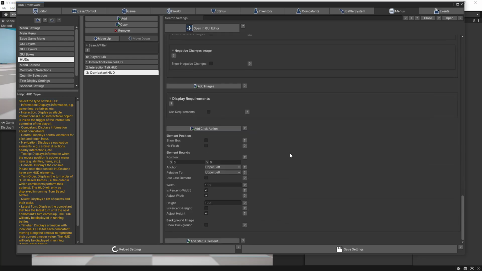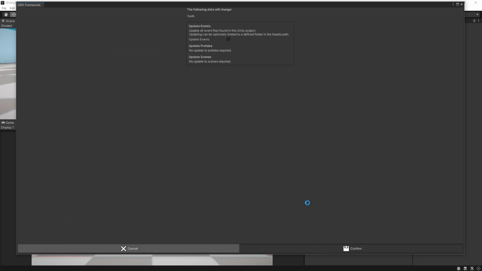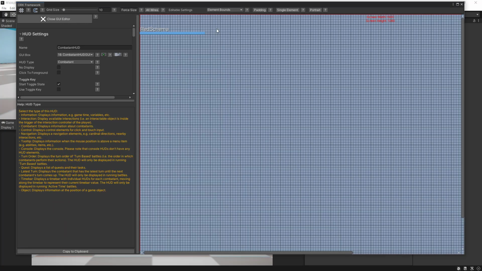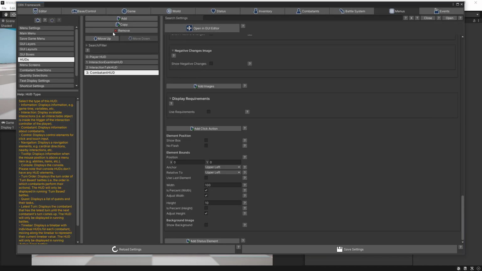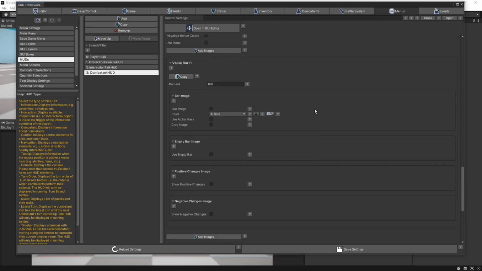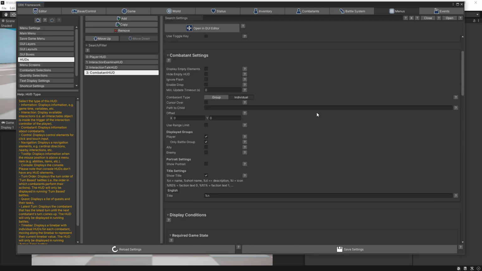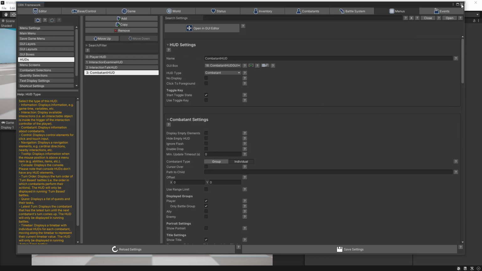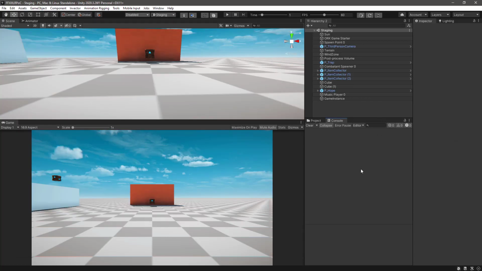Next, if we scroll down, we have show box we can leave empty. Position, it's okay. The height, let's put a 10 here. And let's save the settings. Now let's go to the GUI editor, and here we see the name of the combatant and the bar. This is what we wanted. So now that we have this combatant HUD, let's test it out. Close the editor and let's